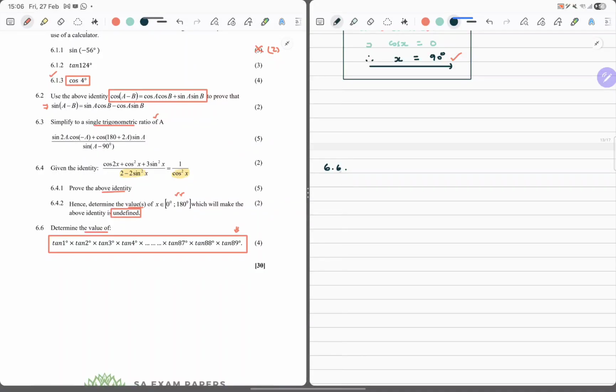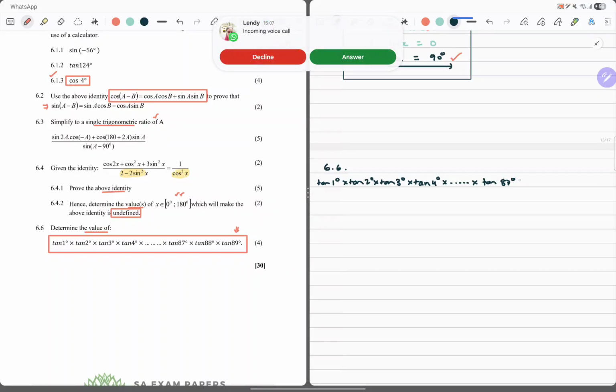So I know there that I have tan 1 degree times tan 2 degrees times tan 3 degrees times tan 4 degrees times dash dash dash times tan 87 degrees